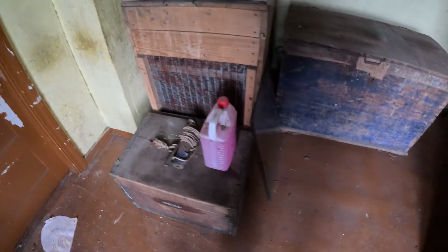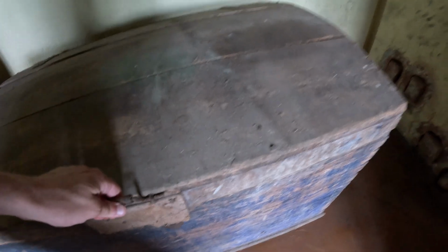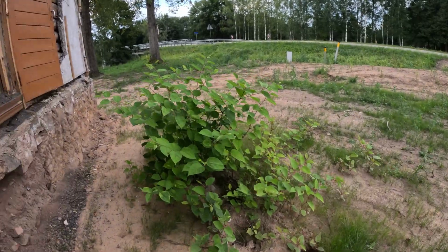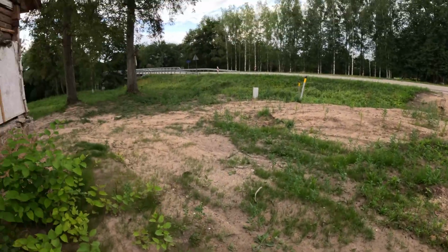Still an old box left. Maybe this is somebody's stuff. Very interesting. Never seen. And the old oven. And a knife. I think this goes outside. Does this work? No. Long ago it stopped working. Oh. Guess this is the only thing. I mean,